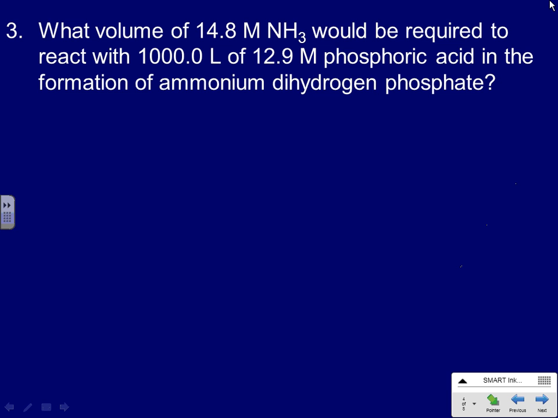So what volume of 14.8 molar NH3, which is ammonia, would be required to react with 1,000 liters of 12.9 molar phosphoric acid in the formation of ammonium dihydrogen phosphate? All right, so balanced chemical equation always. NH3 plus